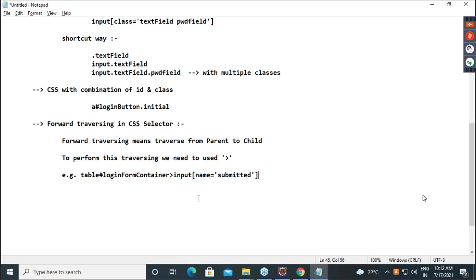Number one, CSS will not perform backward traversing.